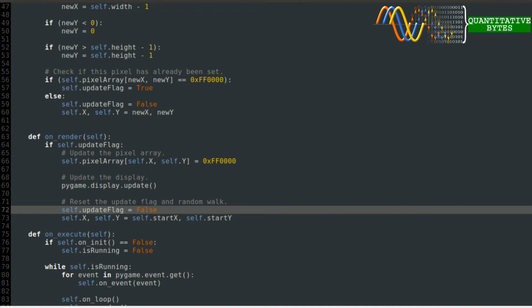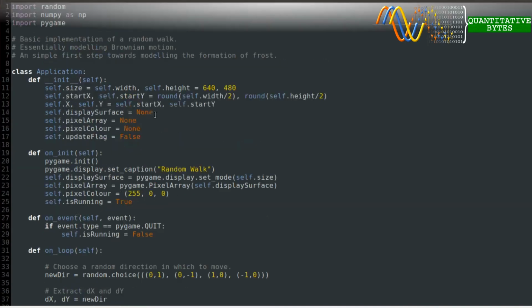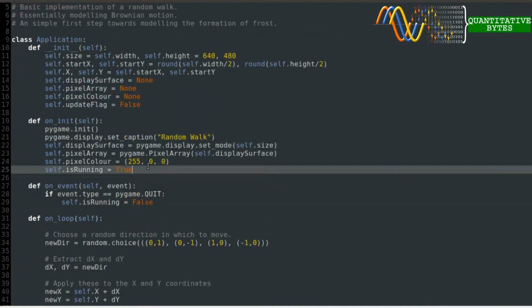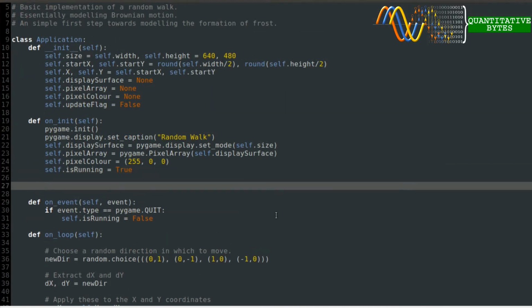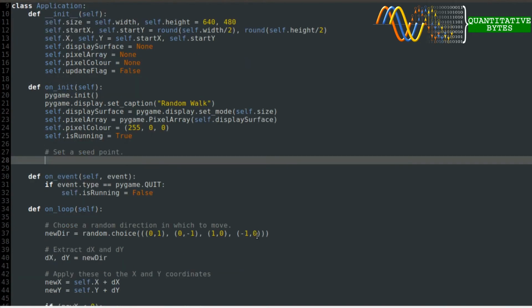There is one thing that I forgot to do. Of course, init. Yeah, here we go. In init, we actually need to set a seed point. We didn't set any initial points, okay? So the problem is, of course, that it will just run and run and run because there are no pixels allocated as seed points. So we're going to modify the pixel array, self.pixelArray, and we're going to put this at self.startX